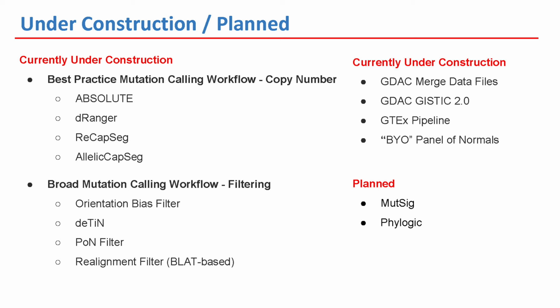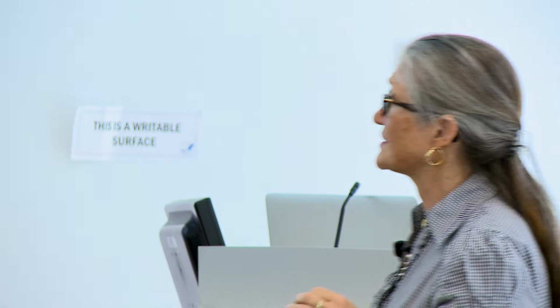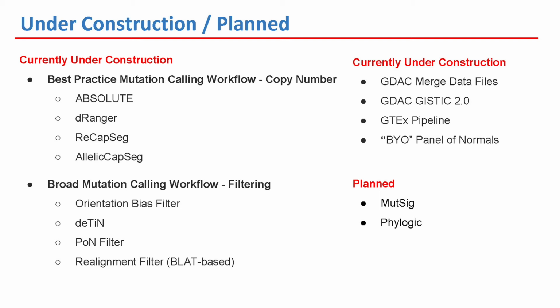Under construction are the following: the 2 remaining best practice mutation calling modules, the copy number one, which has ABSOLUTE, dRanger, REcapseg, and allelic CapSeg, and then the filtering module, which will have the orientation bias filter, which probably most of you know as OxoG or OxoN. There's a couple of OxO filters for artifact detection, D10, a panel of normals filter and a realignment filter. Also, we've got more GDAC